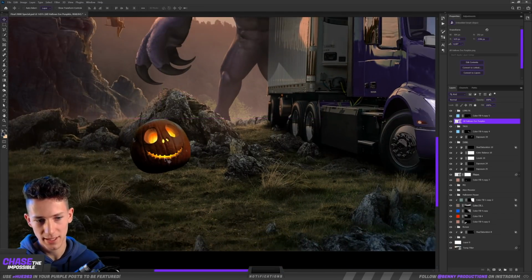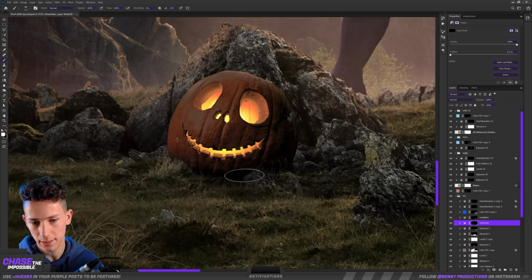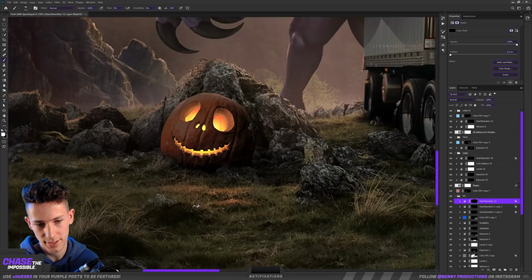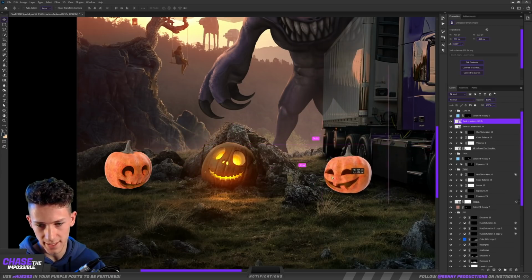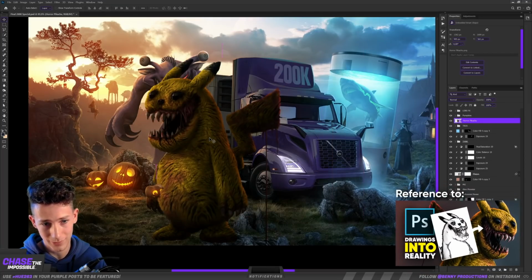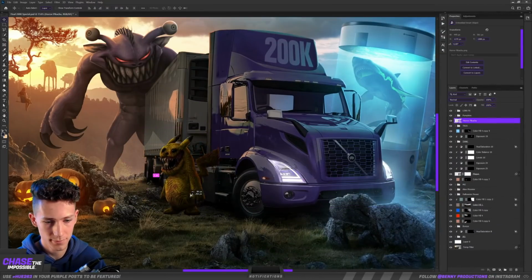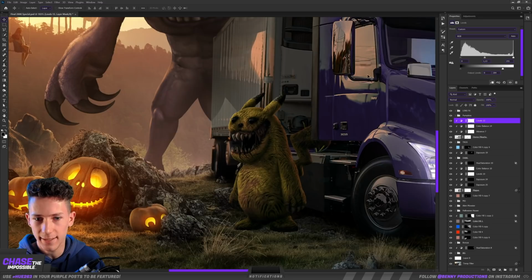So I've got this pumpkin, and let's decrease the saturation, add a nice shadow right below it, and some light from those eyes casting right on the grass. And then I've got some more of these, which I'm also gonna put somewhere here. Should I make those eyes lit as well? How about we add the horror Pikachu from Realistified? That seems like a fantastic idea. Let's put him right there. Let's make him a bit darker and then...